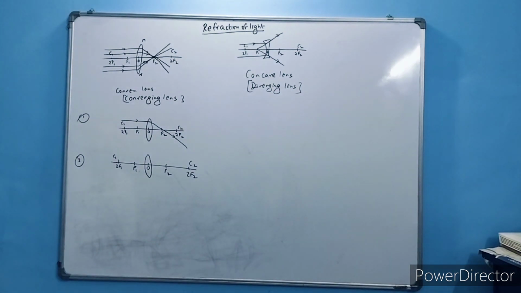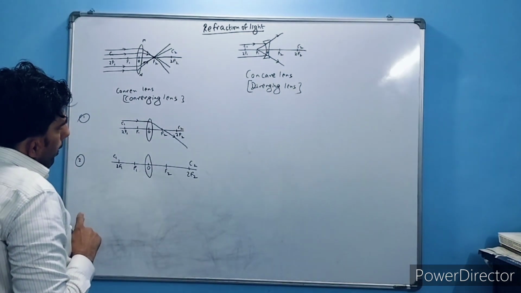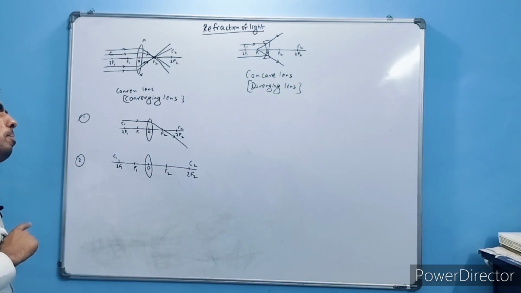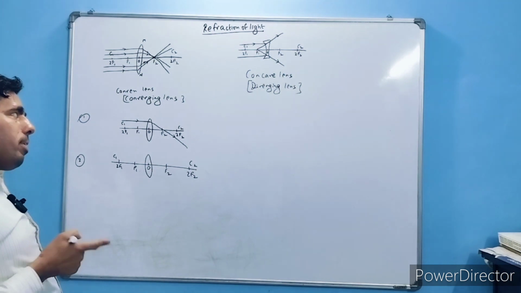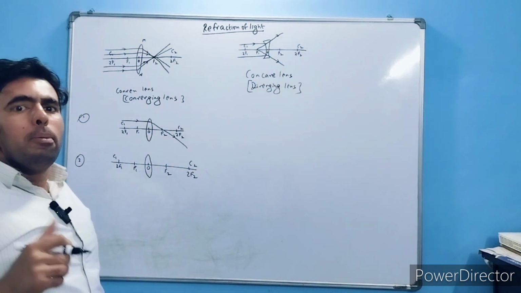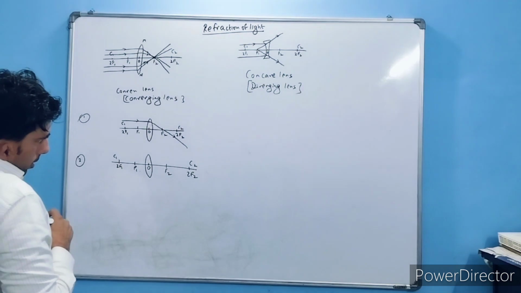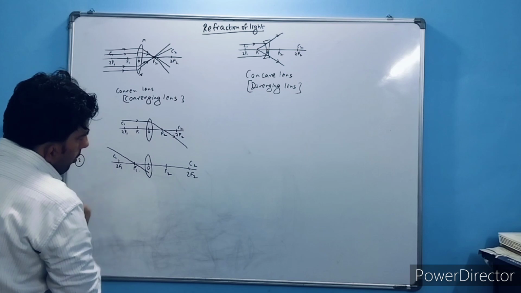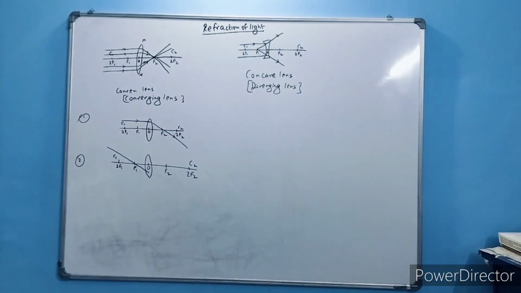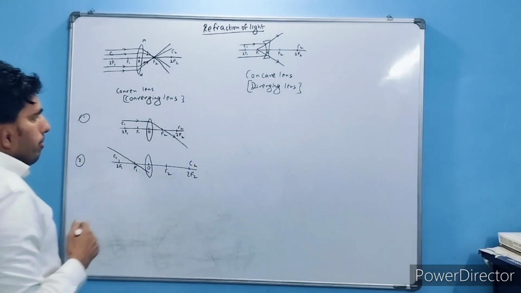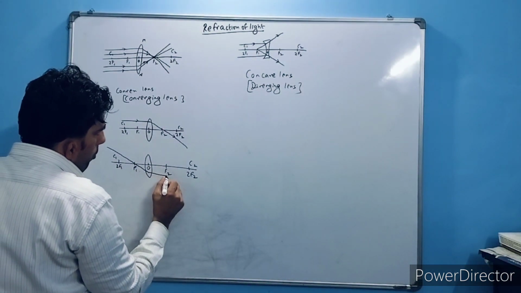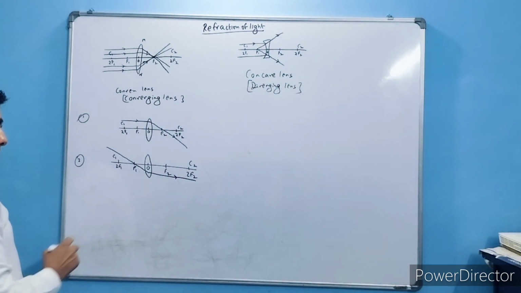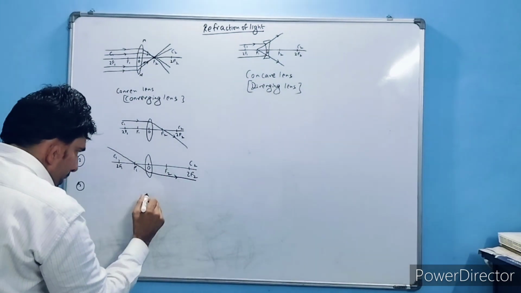First, when a ray is parallel to the principal axis of the convex lens, after refraction it passes through the principal focus. The second one is when a ray passes through the focus of the convex lens: after refraction it emerges parallel to the principal axis. The third principle is